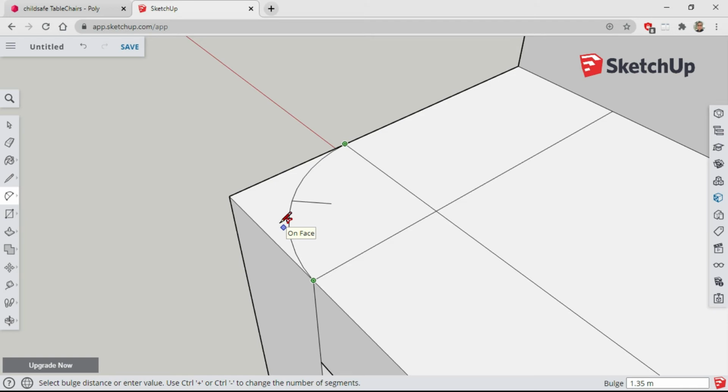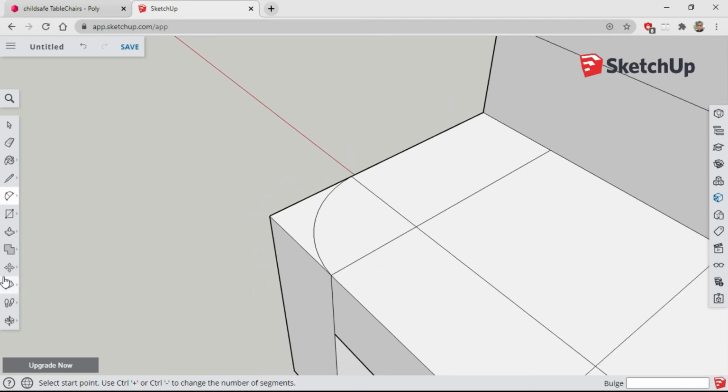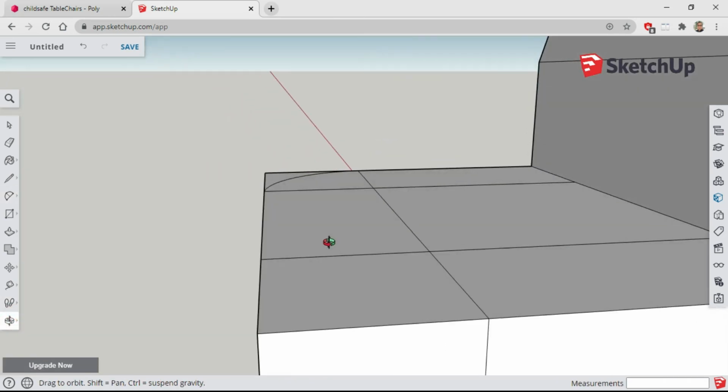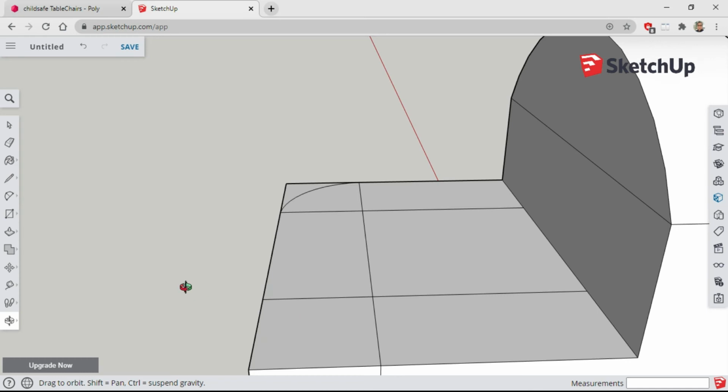Okay, I think that should be okay. If I want to, I can also type in 1.3 and then enter, so that I have a guide for the next one. Okay, so again I'm going to use the 2-point arc. Click over here and then the other side, and then 1.3,